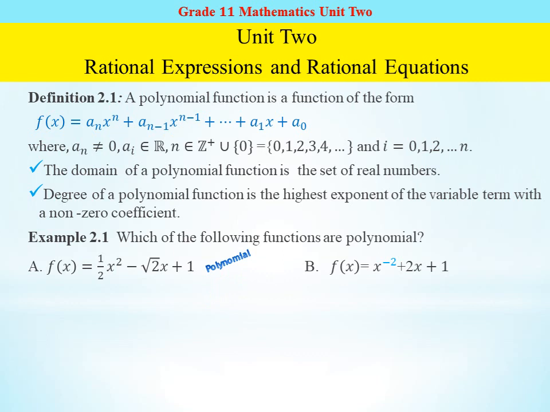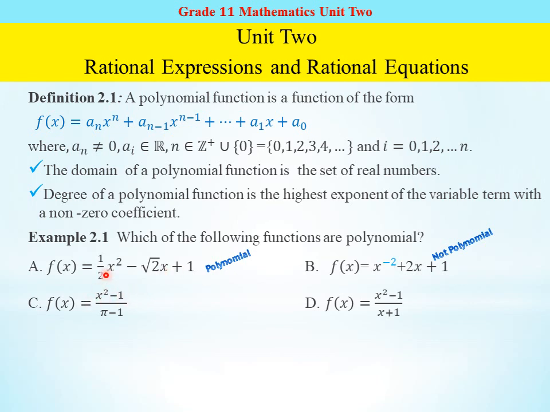What about b? f of x equals x to the power of minus 2 plus 2x plus 1, which is not a polynomial function because of the power of x in the first term, that is x to the power of minus 2. ይሄኛው ፓወራችን ምን መሆን አለበት? ኔጌቲቭ ኢንቲጀር ነው መሆን አለበት? No, it must be a non-negative integer; here it is minus 2. So this one is not a polynomial function. c, f of x equals x square minus 1 over pi minus 1 ይላል።